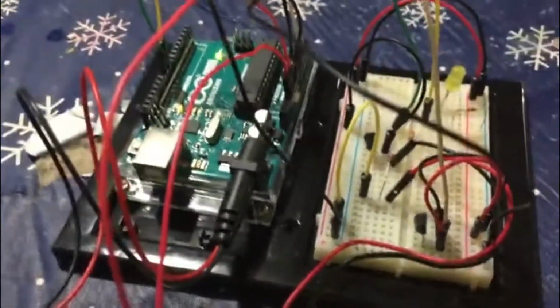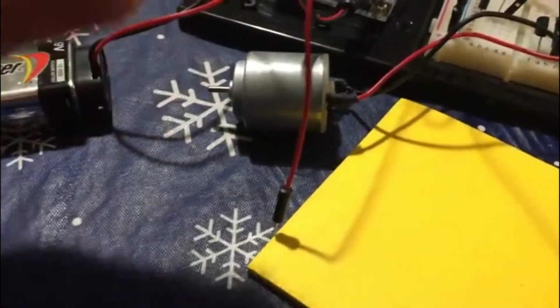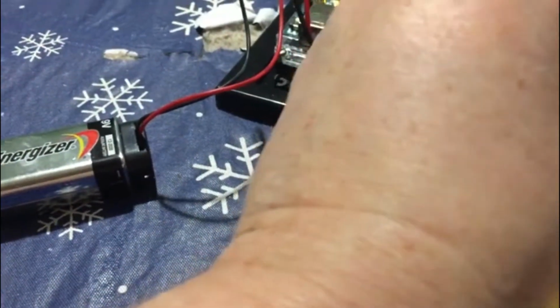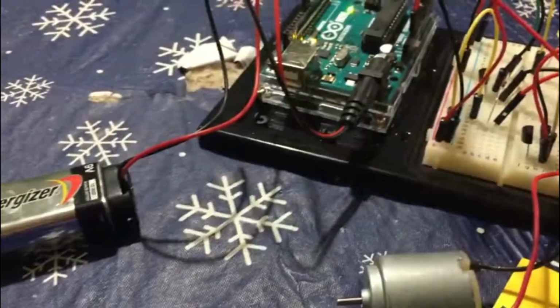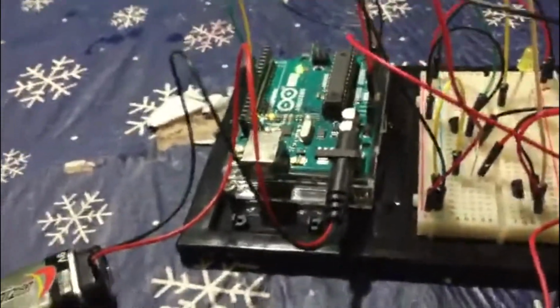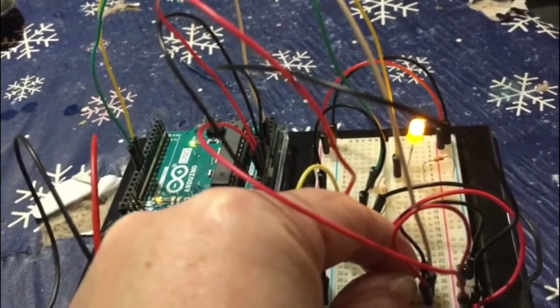Well, hopefully this isn't as essential to get right. So I took the power leads off. Let's see, this one is the 5 volt, so I'm going to try the 5 volt over here, which is the motor. And this is 3.3 volt, so I'm going to do this over here. And then the sensor has to get above 56 degrees, so I make some friction on my fingers and then I hold the sensor. The LED should light up when it gets...